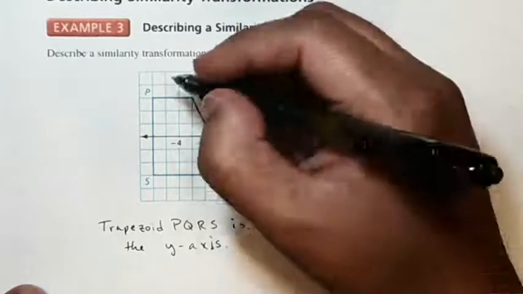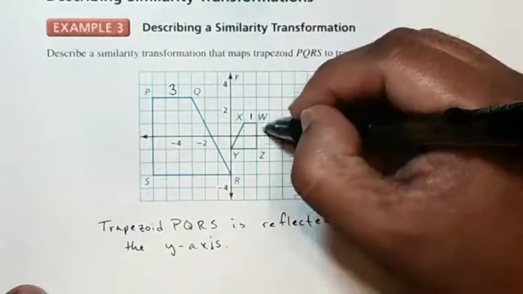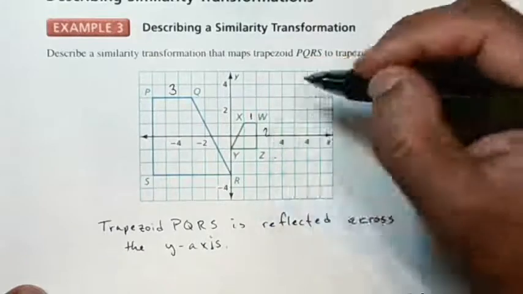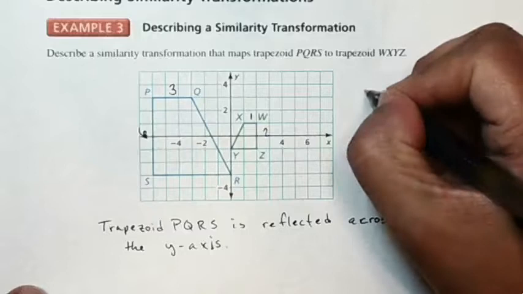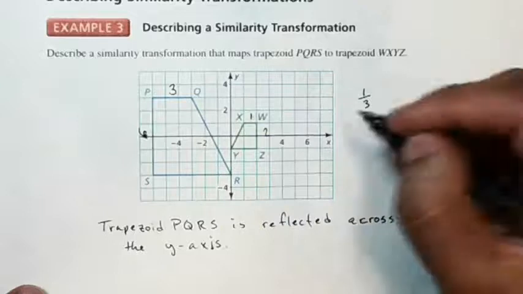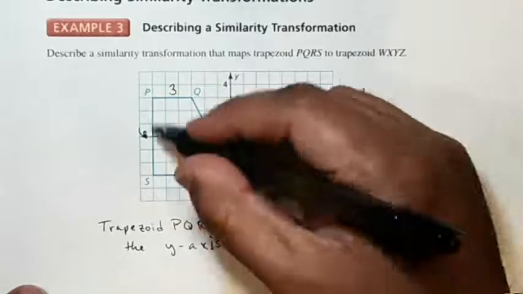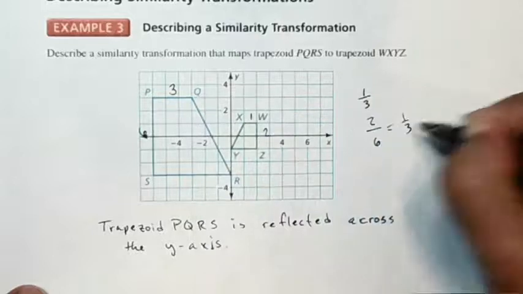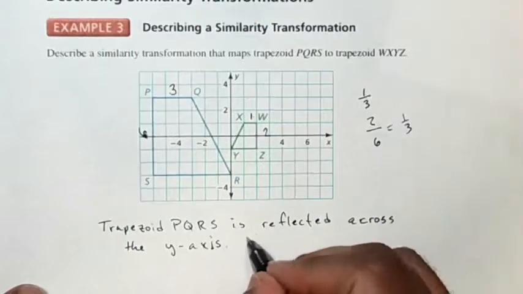these sizes. So if I look at the length of PQ, that's 3 units, and XW has a length of 1. Looking at the height of WZ, that's 2 units, where the height of PS, that's going to be 6 units. Alright, so kind of looking at this as a ratio, it would be 1 to 3 if I'm looking at XW to PQ. Just to confirm that, see if there's a pattern, if this works. WZ has unit length of 2, PS has a length of 6. That does reduce to 1/3. Okay, so this looks like it is a dilation